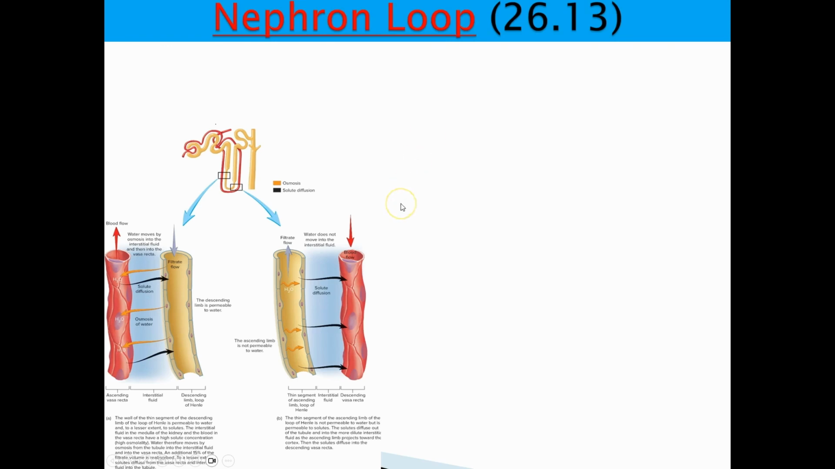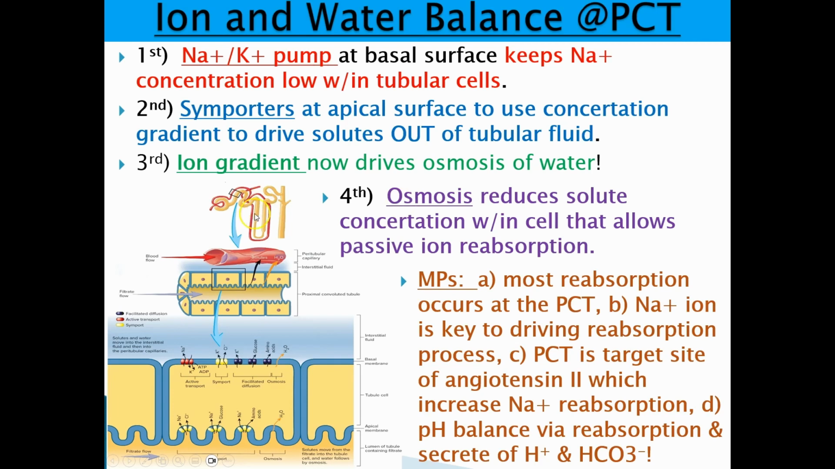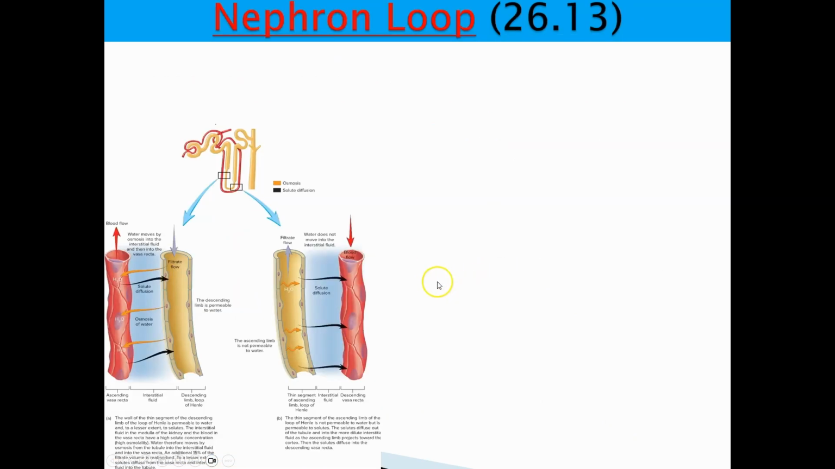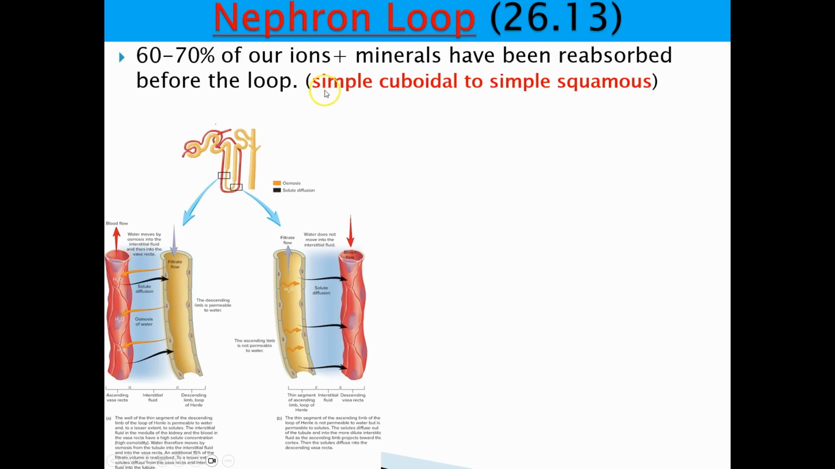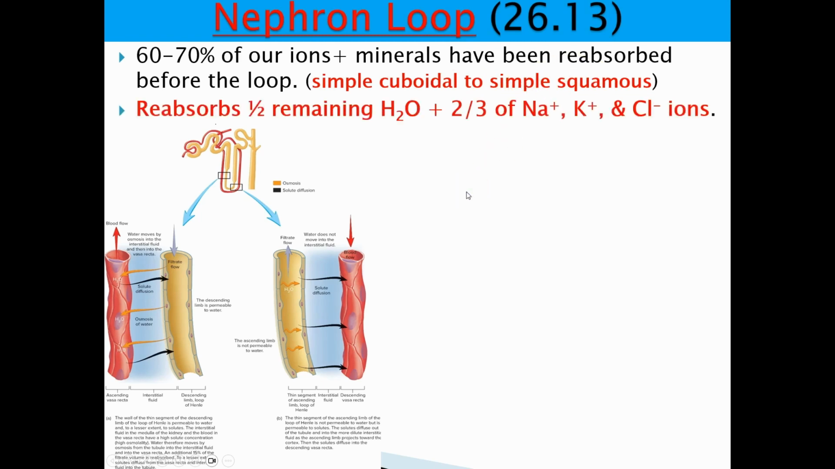What's not shown on here, but if we look back here, notice there's a thick segment. So this would be the thick descending loop. This is the thick ascending loop. And then notice there's thin segments. So we're going to talk about those different segments at the loop. Where it's thick, it's going to be simple cuboidal. And where it's thin, it's going to be simple squamous. So keep that in mind. All right, so at the nephron loop, we're going to continue to absorb water, and we're going to continue to absorb sodium. We're going to continue to absorb some potassium, and we're going to absorb some chloride ions